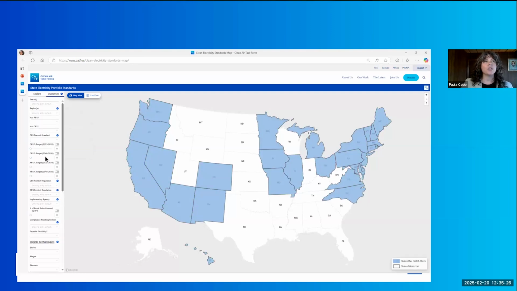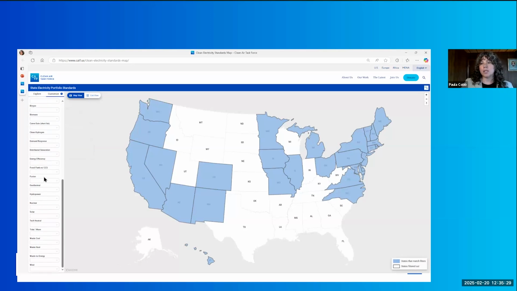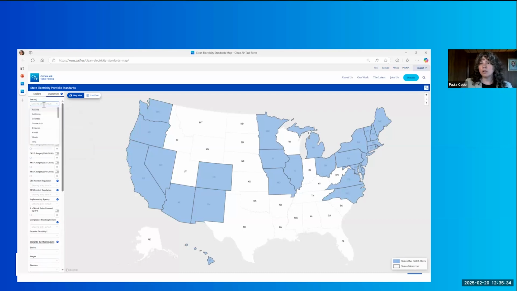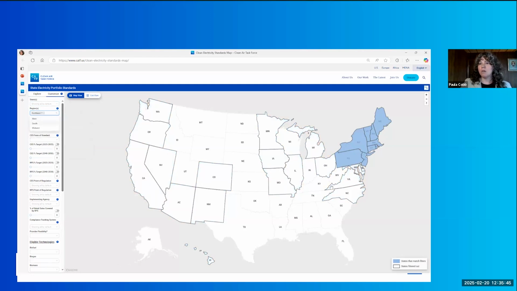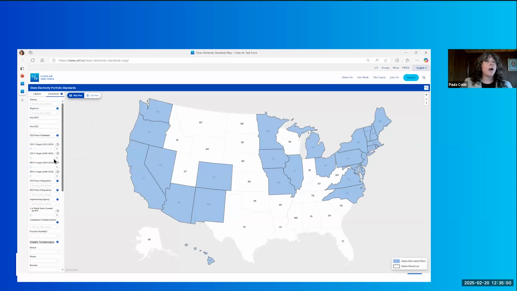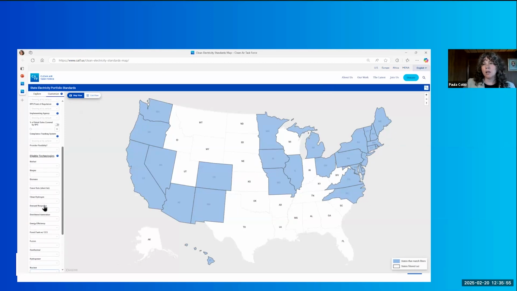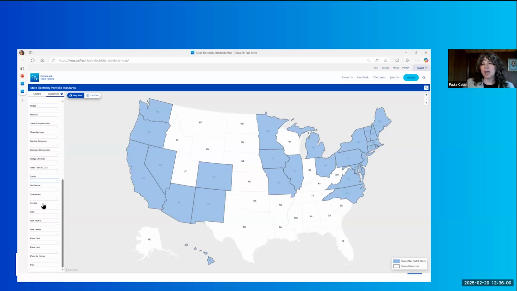And this really allows you to look at a variety of the different design elements that states have chosen. And you can look at it state by state. You can choose a particular state if you're interested, and I'm actually going to choose one in just a moment and walk you through it. You can choose a region. If you'd like to explore, let's just click on Northeast and you see how the map will toggle through these different fields here. Let me go back to blank. I would say the most interesting part of this Customize tab, though, is really a list of technologies here. And our thinking here was to be able to show which states have affirmatively said, yes, this is the technology that can comply toward our standard.